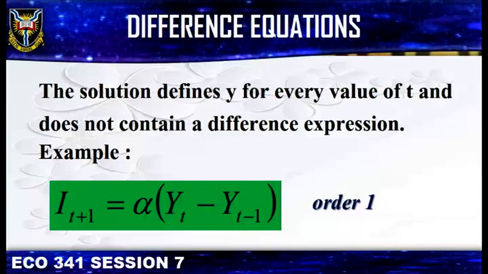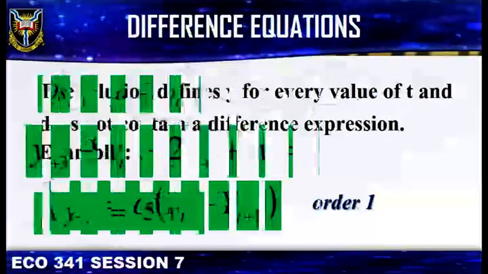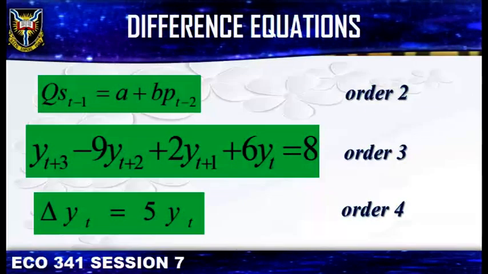Example 1. yt plus 1 is equal to alpha into bracket yt minus 1, order 1. Qst minus 1 is equal to a plus bPt minus 2, order 2. yt plus 3 minus 9yt plus 2 plus 2yt plus 1 plus 6yt is equal to 8, order 3. delta yt is equal to 5yt,